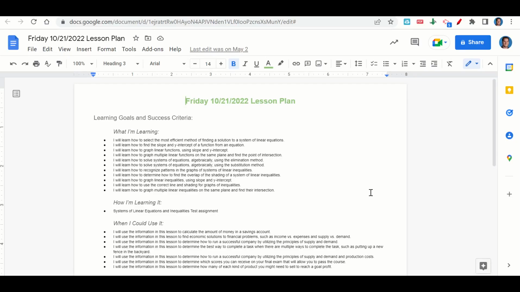Welcome everyone. Let's begin our lesson for today by going over the learning goals and success criteria. First, what are we learning? We're learning how to select the most efficient method of finding a solution to a system of linear equations, how